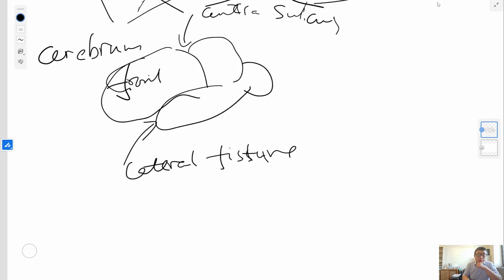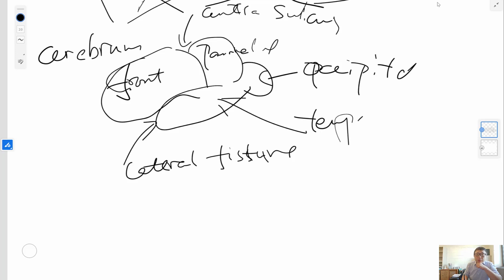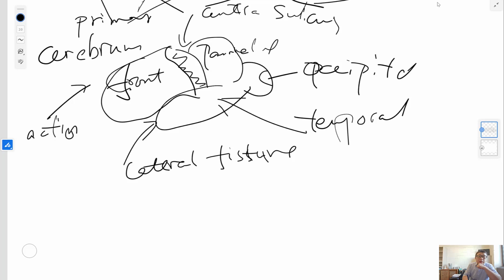This is called frontal, this is called parietal, this is occipital, and this is temporal. The frontal is the action center. All the rest are mainly responsible for sensation. Only the frontal lobe is mainly the action center. And here, this one is called the primary motor cortex. They call it primary because this region